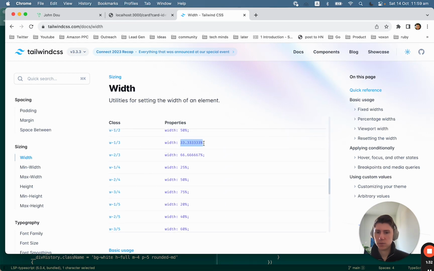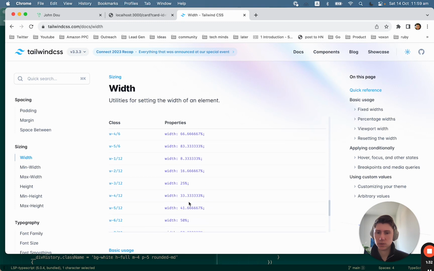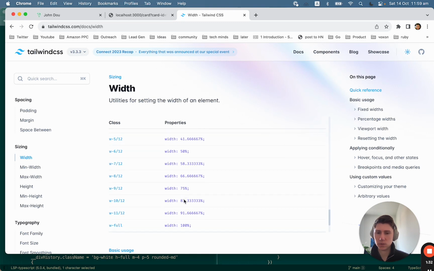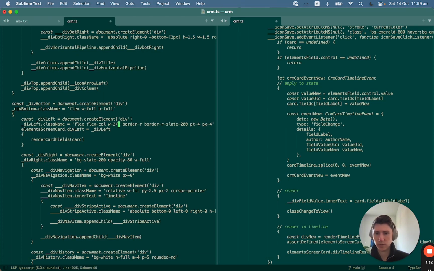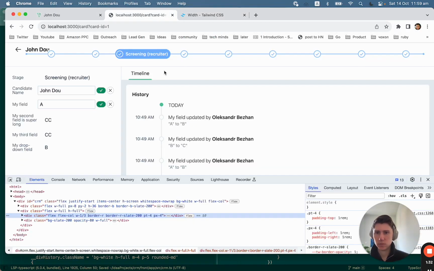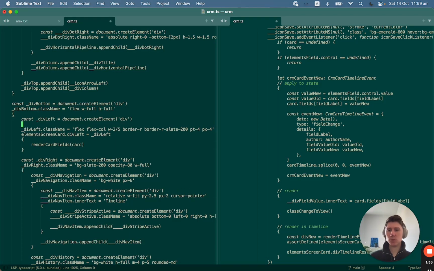So we have 33%, we can have 40%. That's the closest. 2 by 5. Let's do 2 by 5. Yeah, now it's always good. Okay, that's important. I use 40%, 2 by 5 width